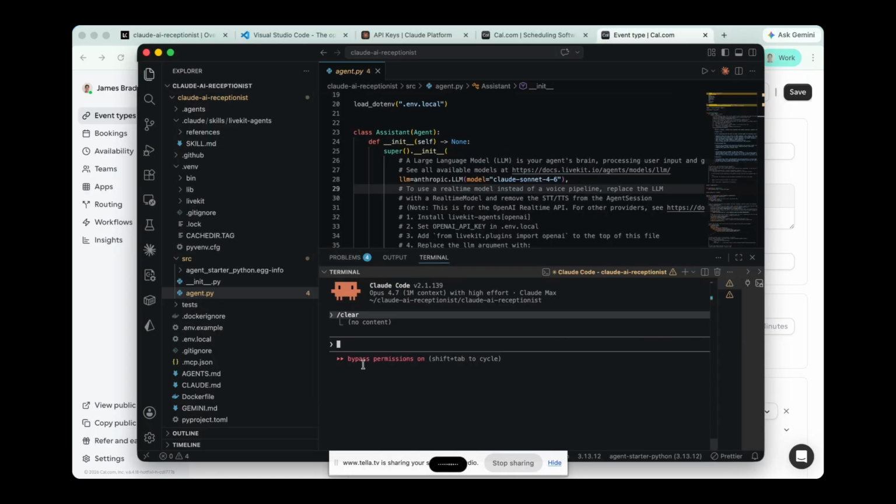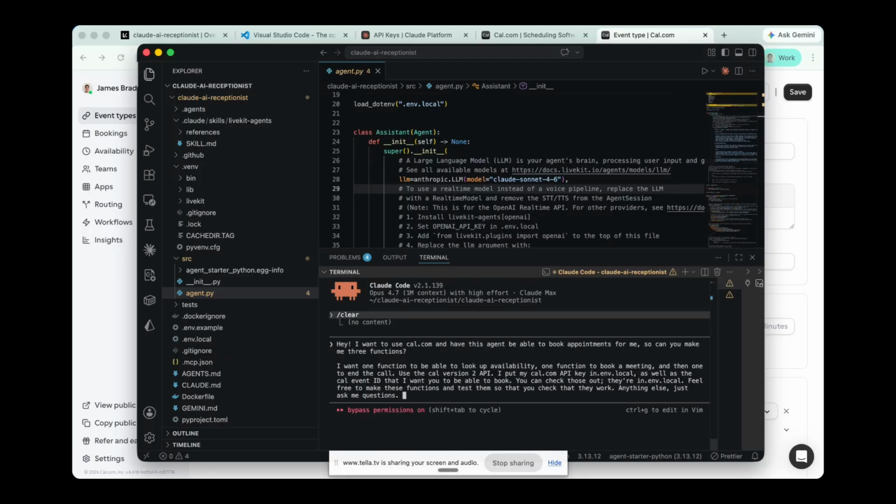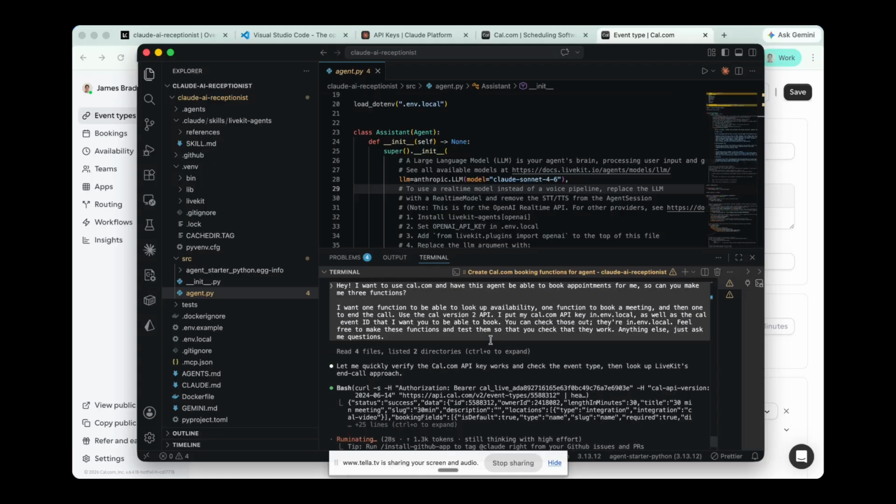So what I'm going to say is, hey, I want to use cal.com and have this agent be able to book appointments for me. So can you make me 3 functions? I want one function to be able to look up availability, one function to book a meeting, and then one to end the call. Use the Cal version 2 API. I put in .env.local my cal.com API key, as well as the Cal event ID that I want you to be able to book. You can check those out. They're in the .env.local. And feel free to make these functions and test them so that you check that they work. And anything else, just ask me a question. So now I have that in, I'm going to go ahead and send this off and we'll see what it says. So right now it's saying, let me quickly verify the cal.com API, check the event type and look up